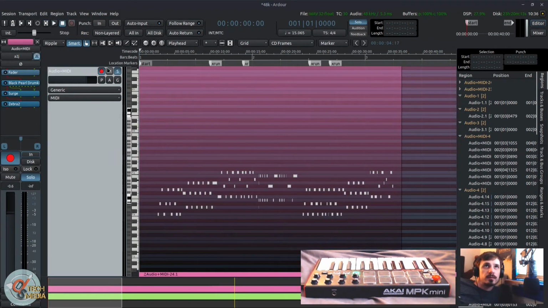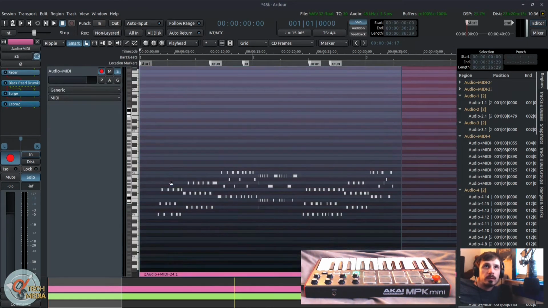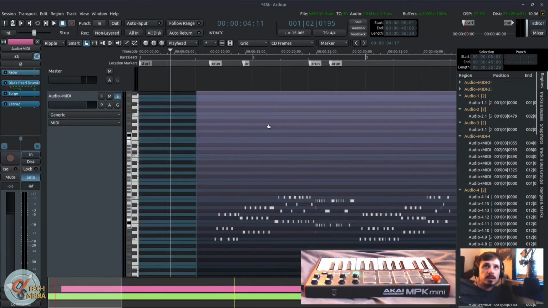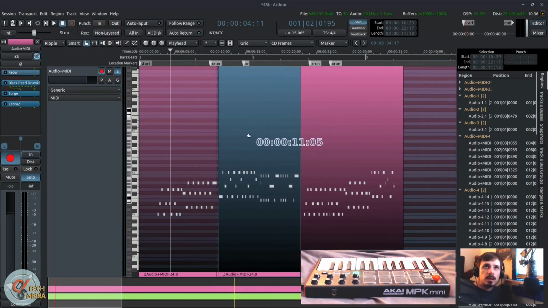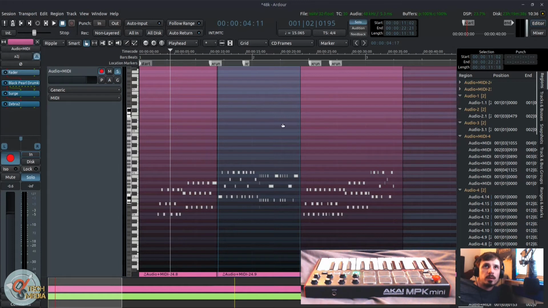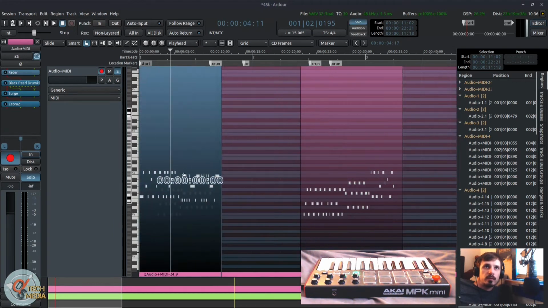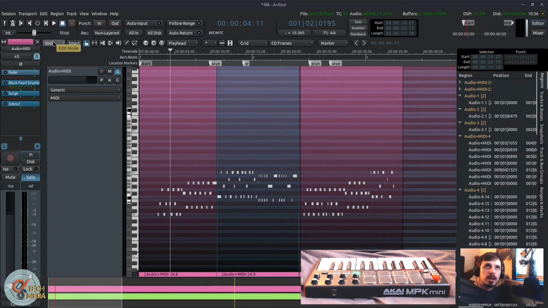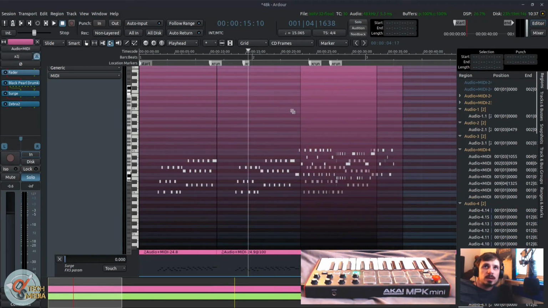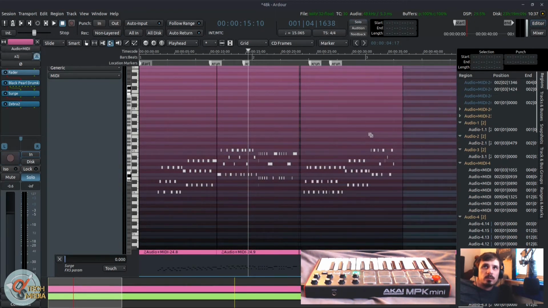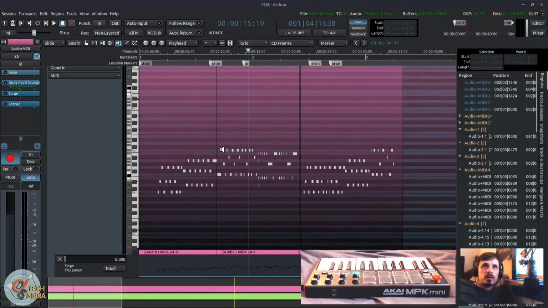Then we have this variety of tools here to work with. So this is the grab tool, and it allows us to grab and move large sections. We have a cut tool, which allows us to slice through sections. And then we can move them like that. In the ripple mode, all the ones past it will also move. In slide mode, we can move individual sections, and then there's the lock mode that will lock them all. There's also a range select, a time stretch, which lets us stretch notes to fit into or make them longer or shorter. We have audition mode,